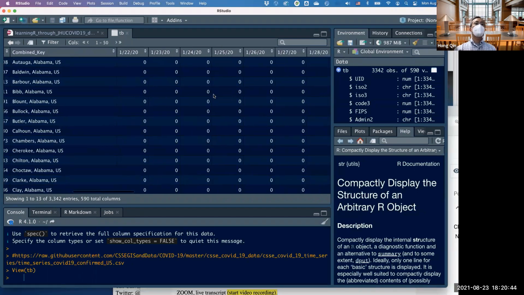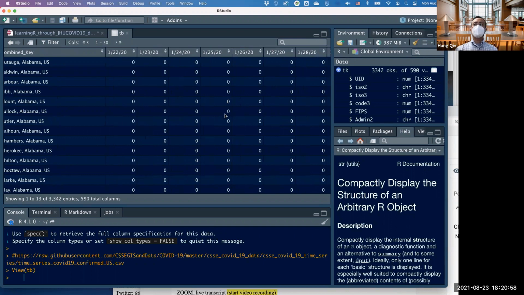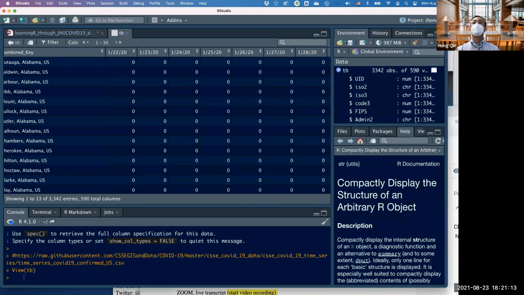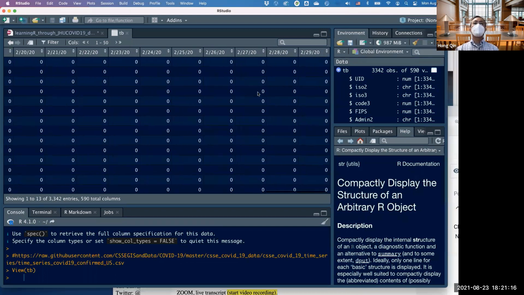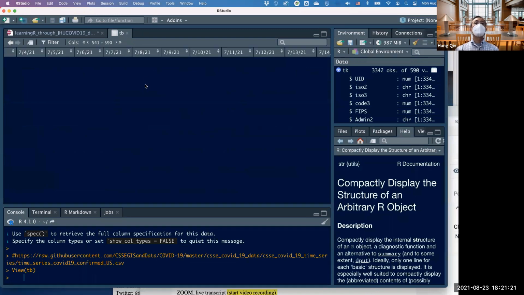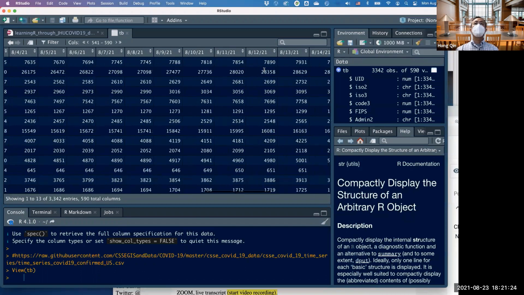And if you scroll all the way to the right, that's the first day, January 22nd. That's the first day, at least Johns Hopkins started to collect the COVID cases. So apparently it has been more than 500 days now, 570 days or so. If I scroll all the way to the very right,